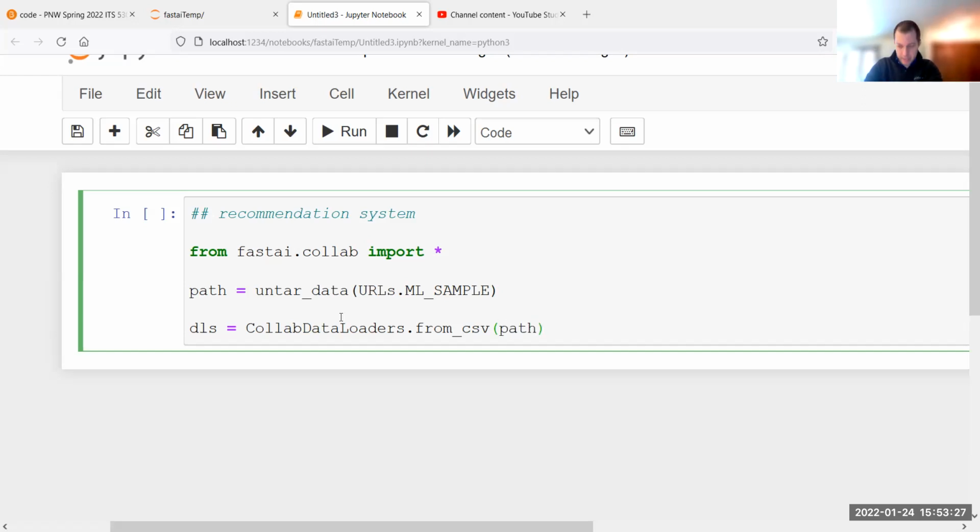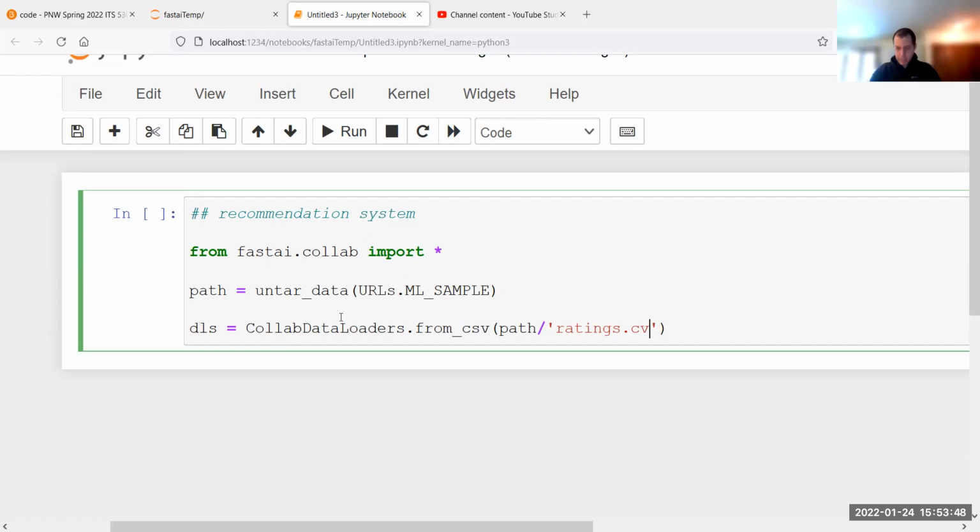This is going to be path, ratings.csv. So that's the file, ratings.csv.